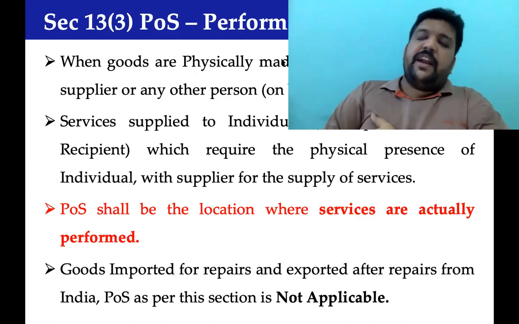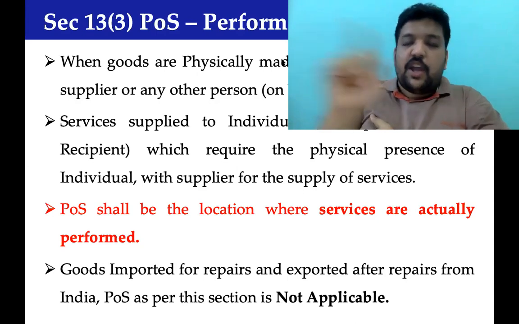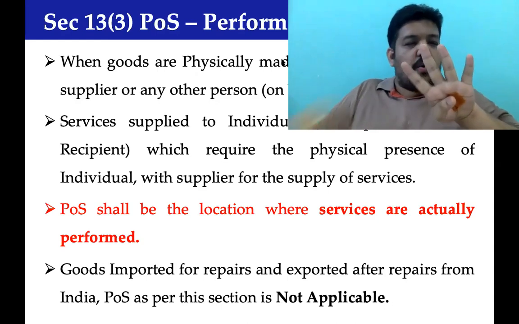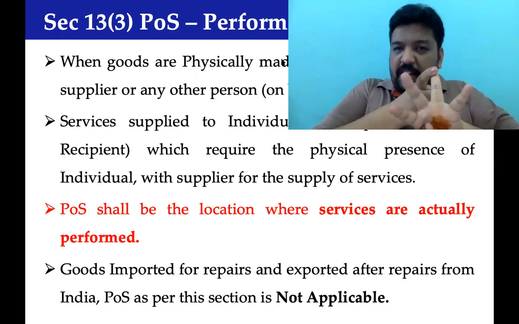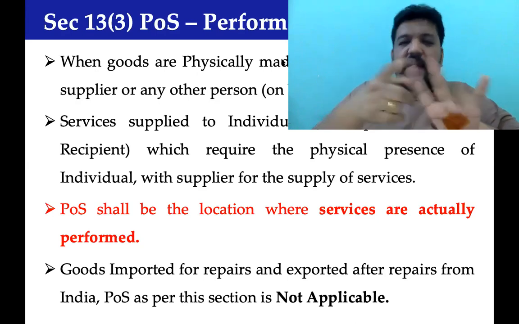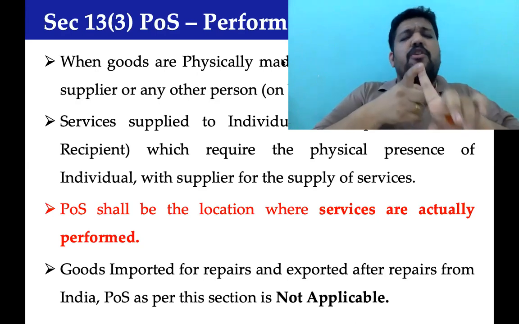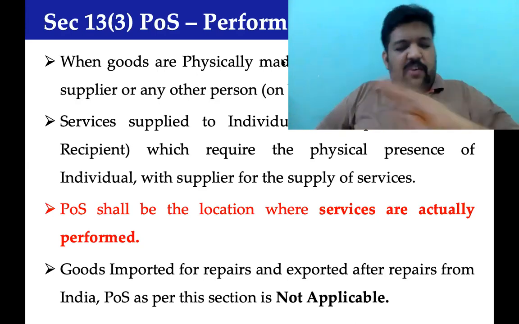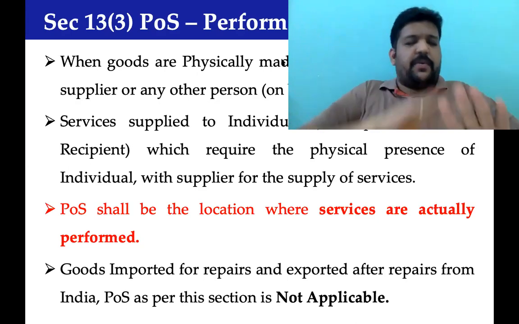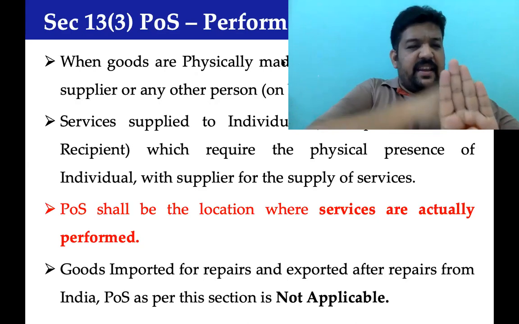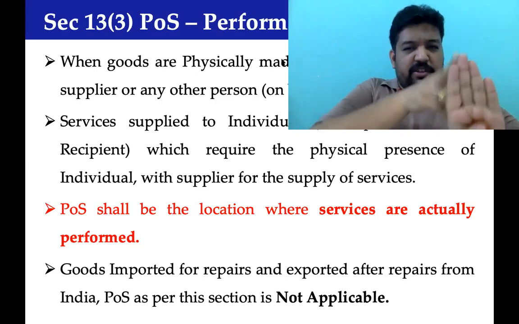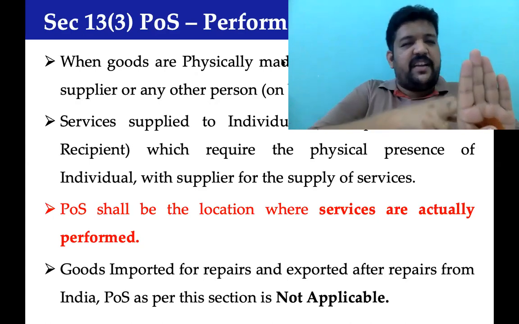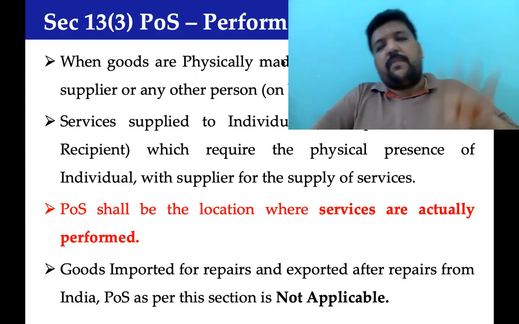Further, if you read it along with section 7 subsection 5, you will confirm that there is a levy under section 5.1. So four sections are in a row: 13.3, 2 subsection 6, 7 subsection 5, and 5 subsection 1. I am not sure how many of you aligned it right like this. If you aligned it right like this, then you are done with your case study question. Your case study question will be like this only. 13.3 read along with 2.6, where you will conclude it's not an export of service. Hence, as per 7.5, it will be an interstate supply. If it is an interstate supply, your levy will come as per 5.1.